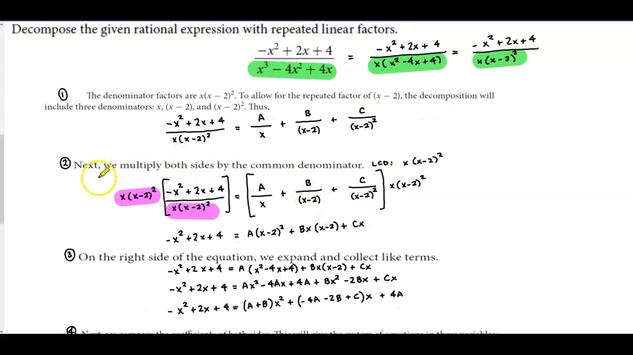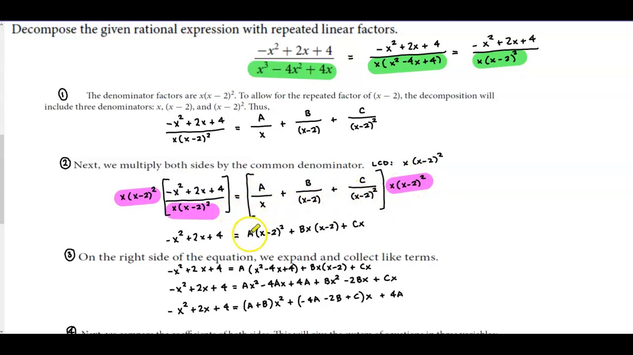And so next what we're going to do is we're going to multiply both sides by the common denominator, and the LCD is x times x minus 2 squared. So if we multiply the left side by x times x minus 2 squared, we eliminate the denominator and we're left with negative x squared plus 2x plus 4. On the right side, we need to see what we can eliminate. So when we multiply the right side by x times x minus 2 squared, we